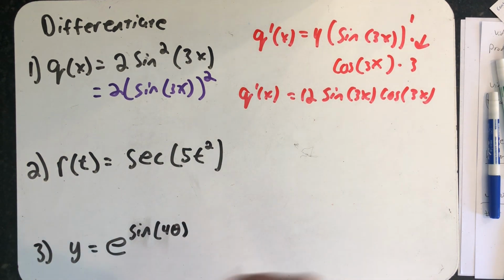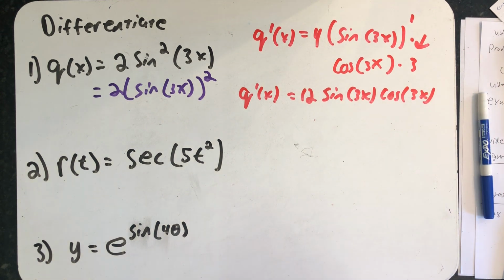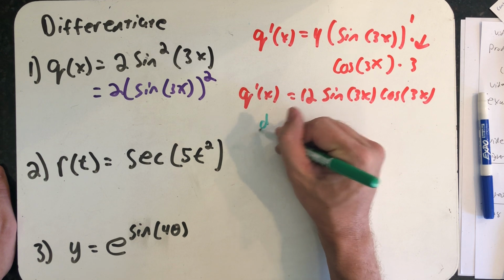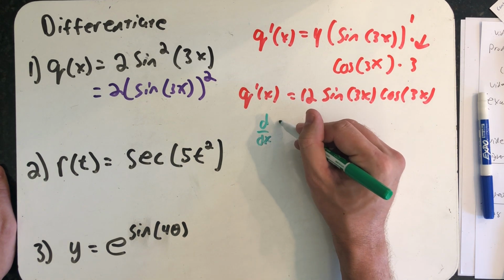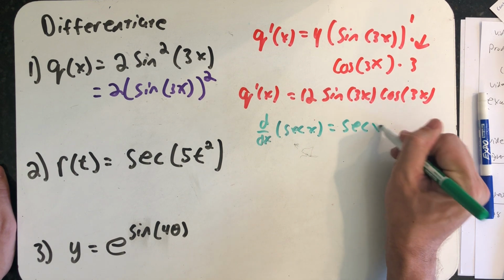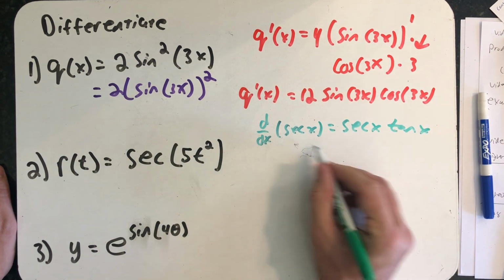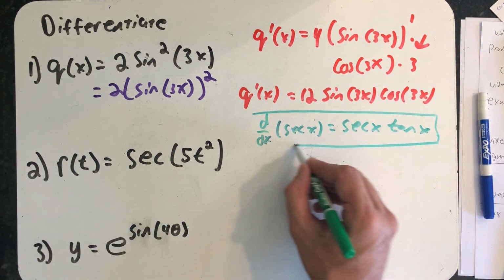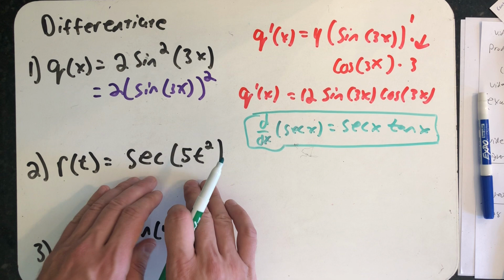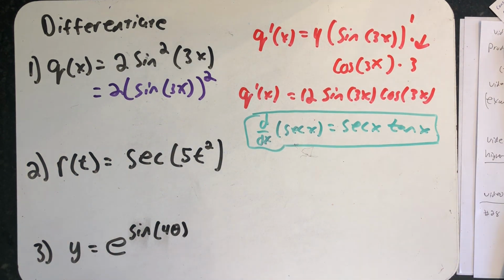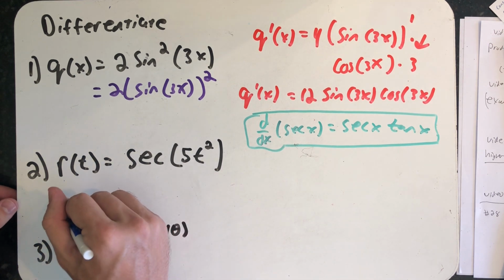Coming to r of t equals secant of 5t squared, and I'm asked to take a derivative. So I need to remember that the derivative of secant is secant tangent. And here, just remembering the rule, I've used the variable x. My problem is going to use the variable t. All right, so I'm supposed to take the derivative of the outside function, which is secant, leaving the inside alone. Well, the derivative of secant